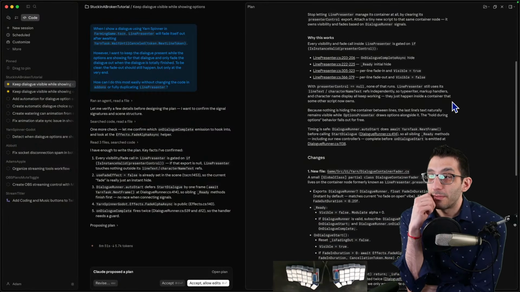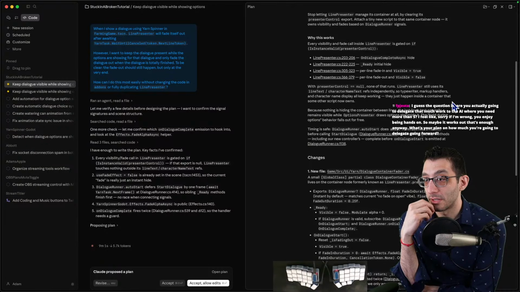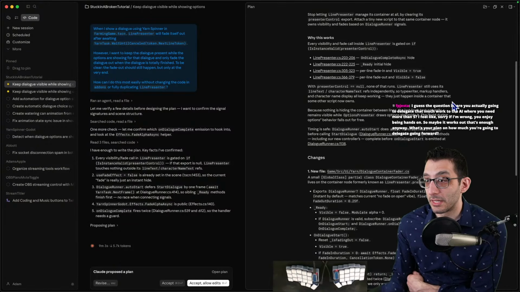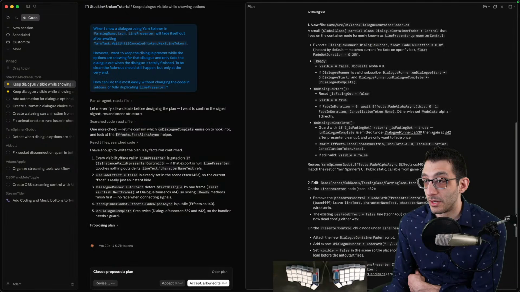Every visibility and fade call inside line presenter is gated on it. With it null, none of that runs. It still uses line text and character name ref, typewriter, markup handlers, etc. Because nothing's hiding the container between lines, the last line's text naturally remains visible. Hold during options behavior falls out for free. Yep. Timing is safe. Auto start does not await Yarn next frame. Okay, so